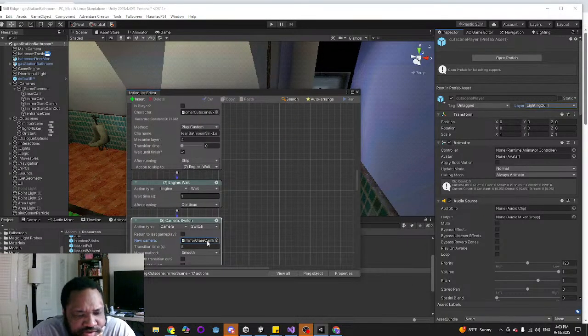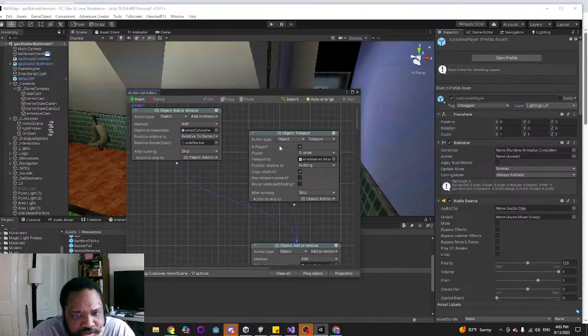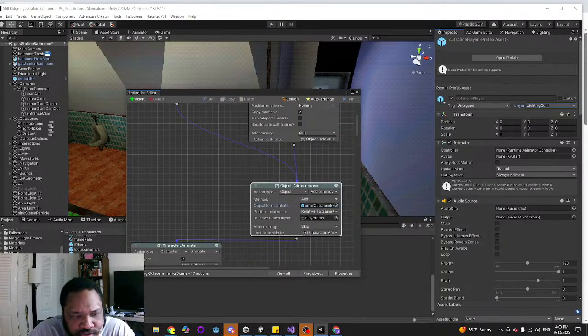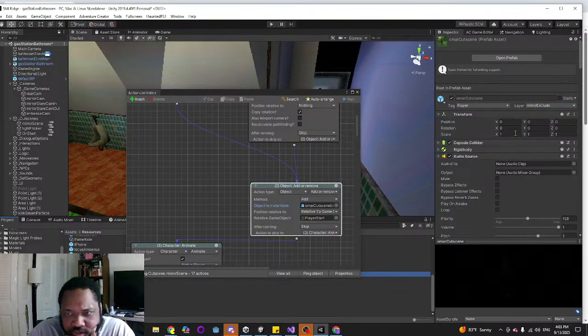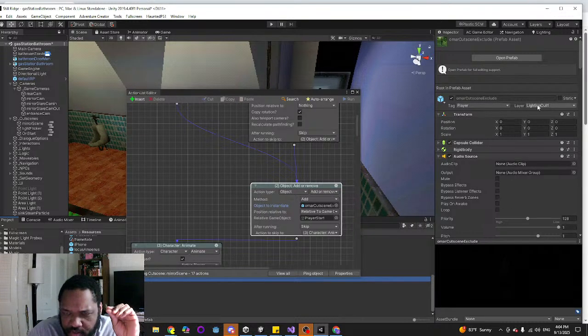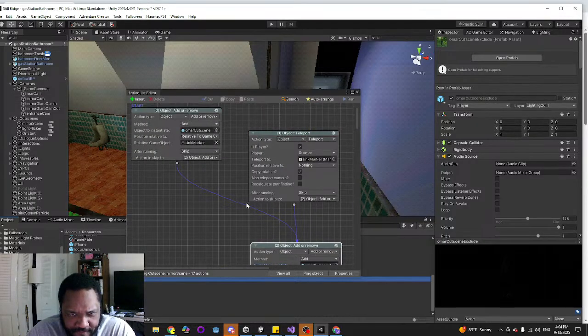So I want the cutscene object to be excluded from the render texture, and then I want the mirrored image to be excluded from the main camera.